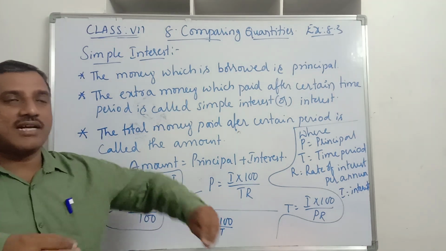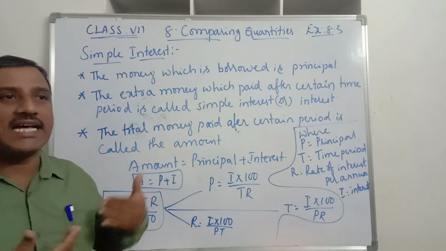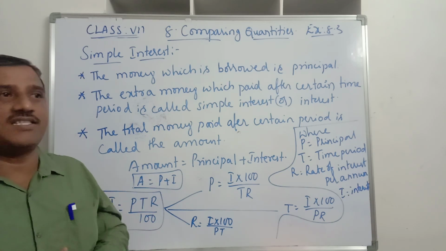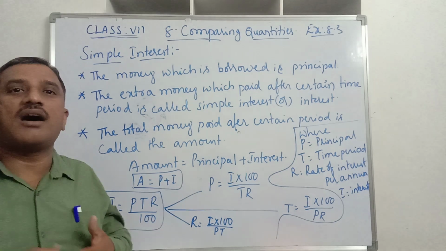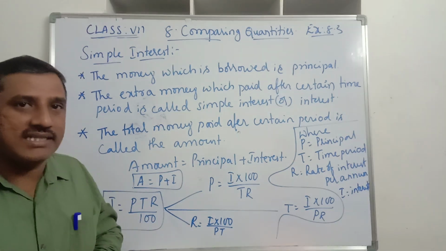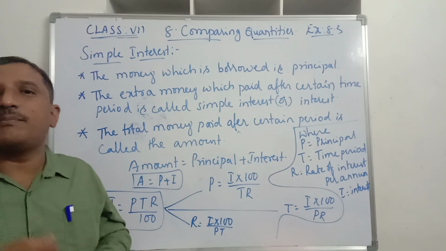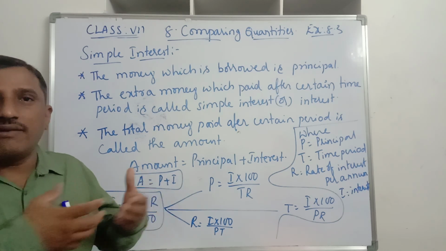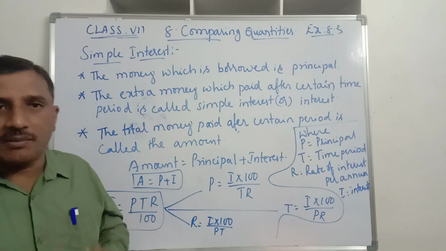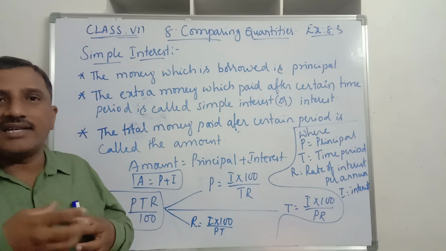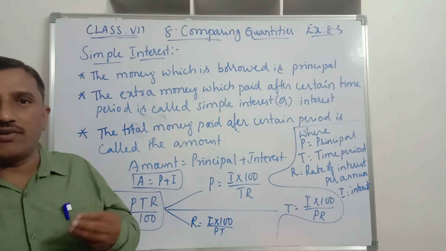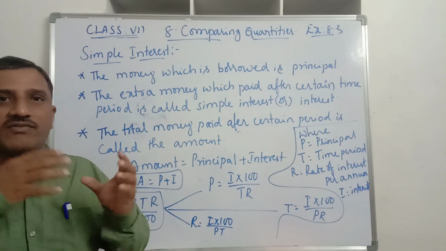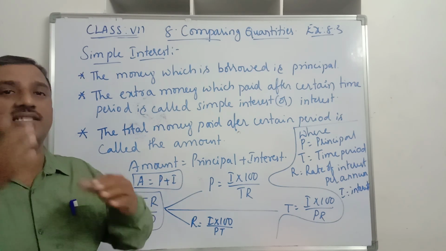See, for example, we want to have some money as we are in urgent need. So what will we do? We will ask our friends or relatives, or if not, we will go to the bank. They will give some money, we will borrow some money from them, and they will ask us to pay after a certain period. And for this, a rate of interest will be charged, 5% or 6%, after a certain time.